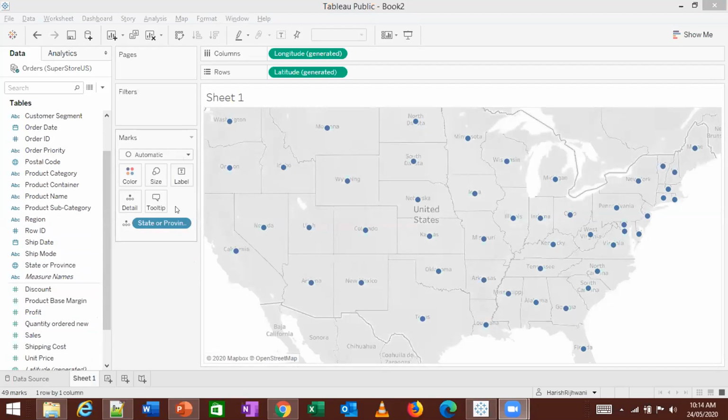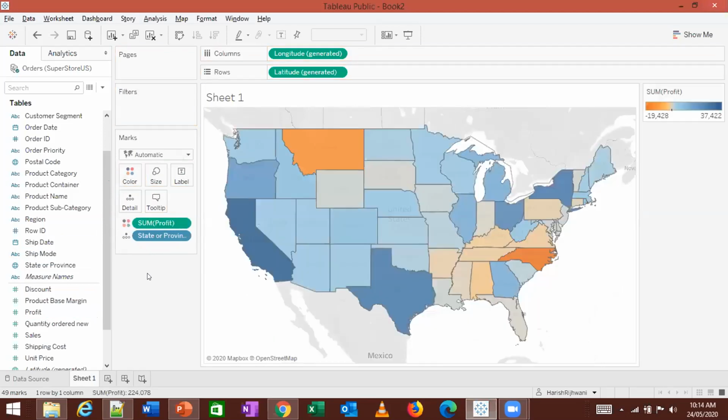Which is the most profitable state? Okay, I got one answer. Anybody else got an answer? California. Yes, that is correct. The answer is California. Did everybody get this answer? Anybody facing any issue?